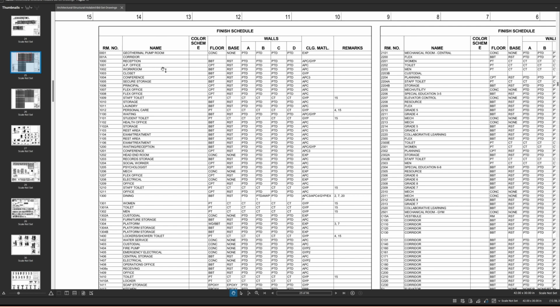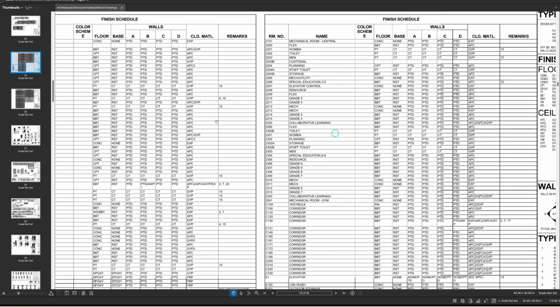Pretty self-explanatory, the room number and the name there. But then we get into the actual finishes. We're looking at a bunch of letters: BBT, RST, PTD, PTD, all that sort of stuff. It's not really going to help us out at this point. So we need to go and see what these abbreviations stand for. So if we scroll over,